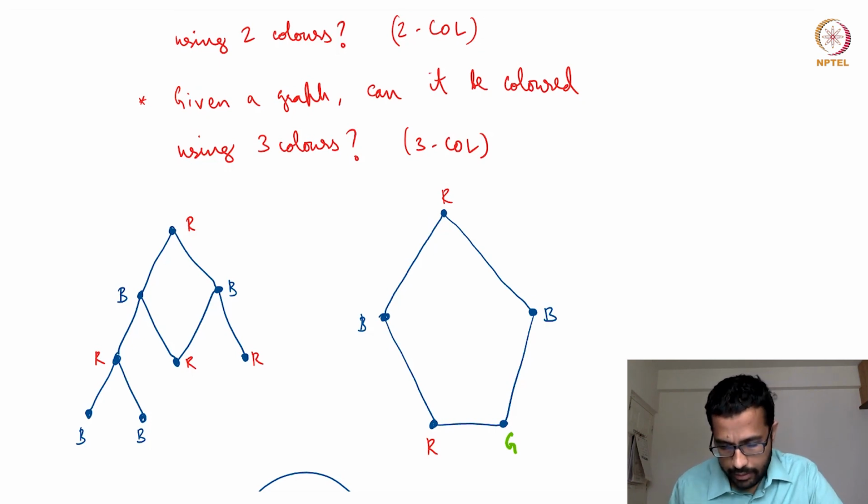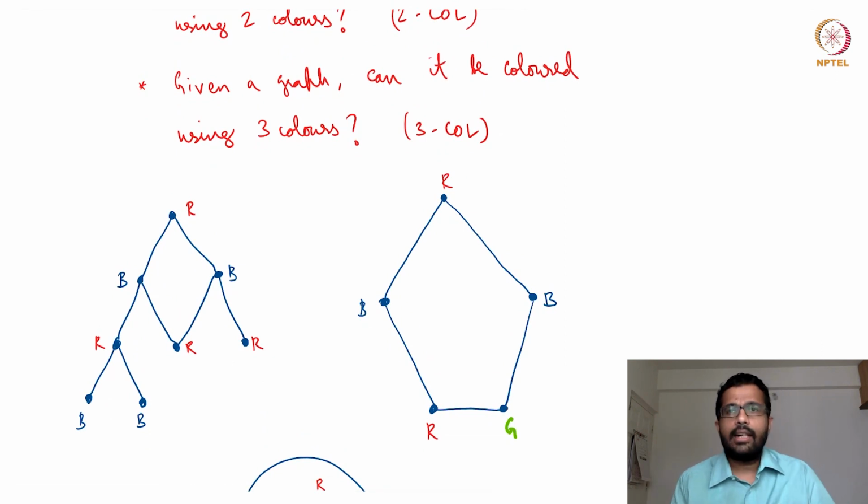Now if you come to the right hand side, the graph here, you notice that whatever you try, you will not be able to color it using two colors. That's because it's an odd length cycle. If you don't understand it, it doesn't matter, but you can try various colorings, and whichever way you approach it, you'll see that two colors are not enough. So in addition to red and blue, we need a third color, let's say green.